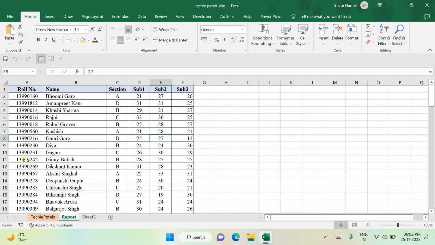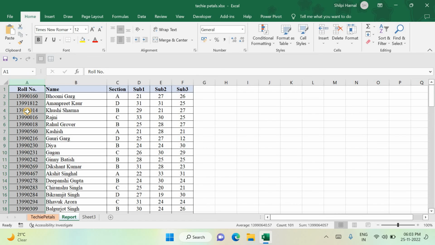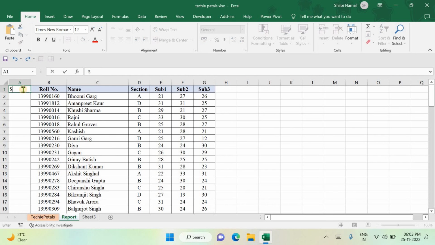So this is the report with roll number, name and section. Next we have subject 1, 2 and subject 3. So let's start by adding a column as serial number, 1, 2,